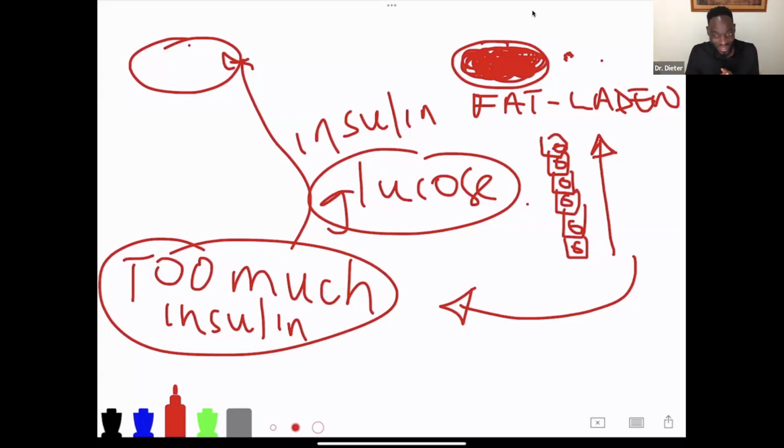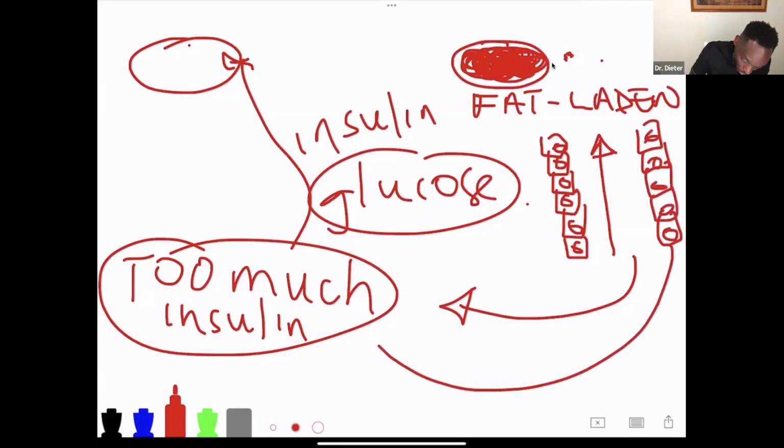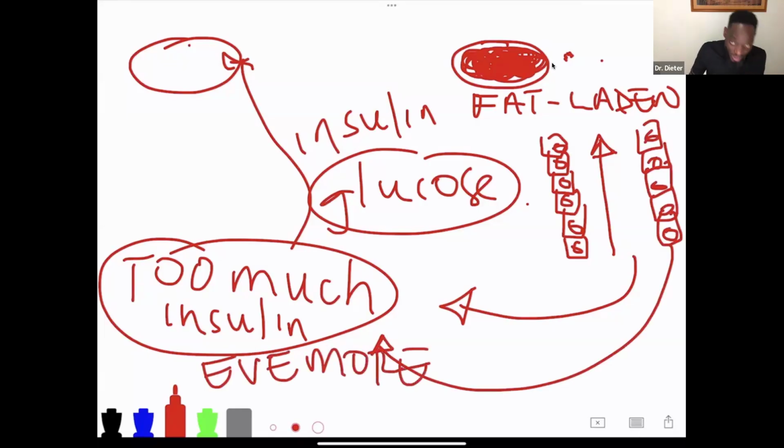But when insulin says that, the cell just says, to heck with you, and closes its doors, keeps its doors tighter, so that less glucose will come in because it has lost respect for insulin. When the cell does that, what happens? Closing its doors, more glucose accumulates in the blood. When more glucose accumulates in the blood, it is a trigger for the pancreas to produce even more insulin, even more insulin. And that even more insulin is like a boss